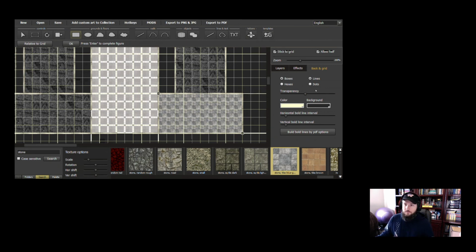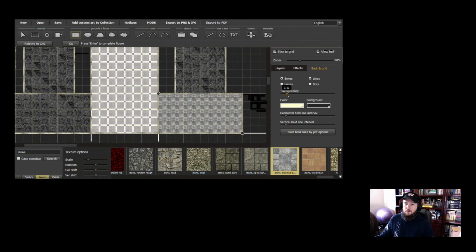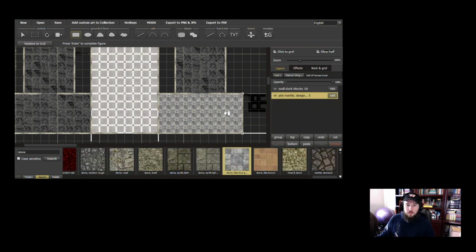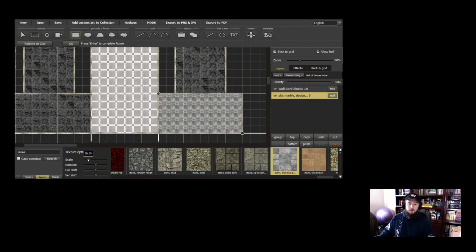I like that. All right, I'm going to back these down a little bit because I don't need those super bright lines anymore. Come back to our layers and we hit enter. So I kind of like that. It has a little bit of a tighter feel, I think. So looking at that, we know that our scale is going to be 50. And that'll come into play when we go to the Hall of Heroes upper,